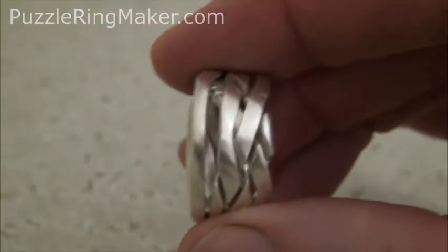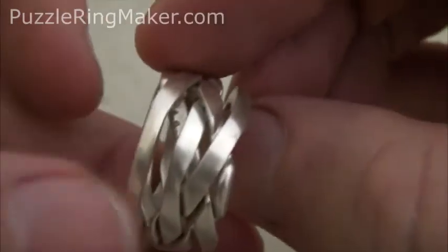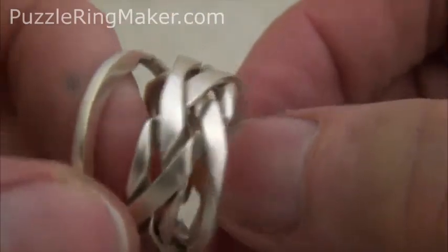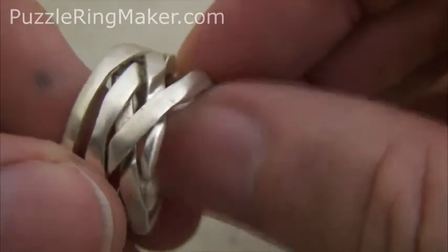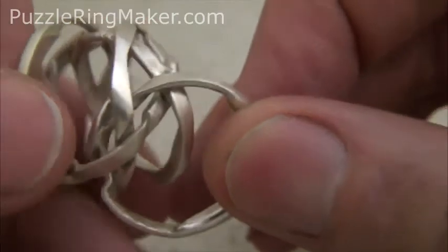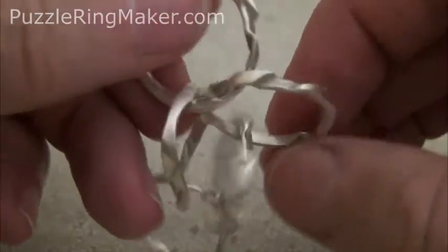So, take it apart. Before I do that, this band and this one are identical. In fact, they both came out of the same mould. Those two are identical, the other three are different, and it's either of those two which has to be the first to move, and it kind of concertinas open like so. Once it's apart, good luck getting it back together if you don't know how,